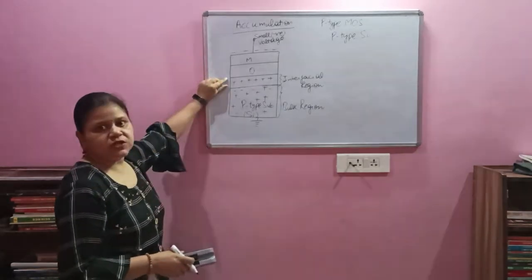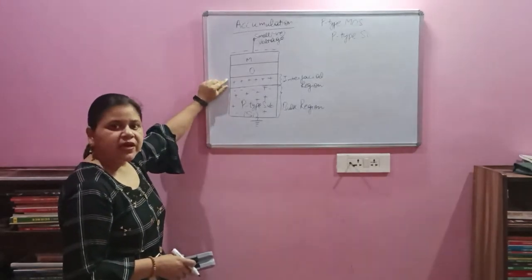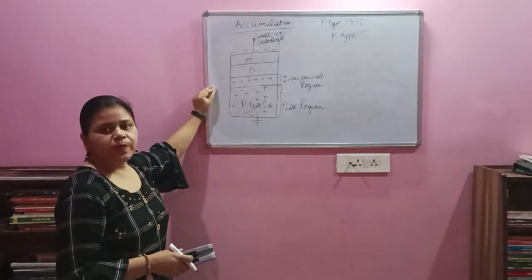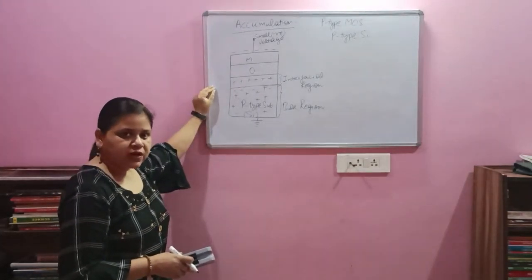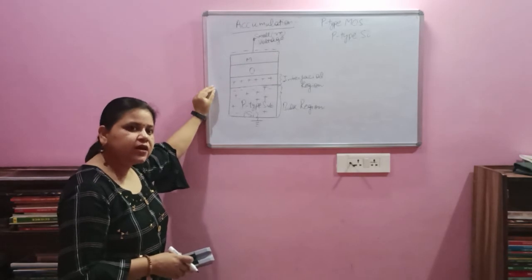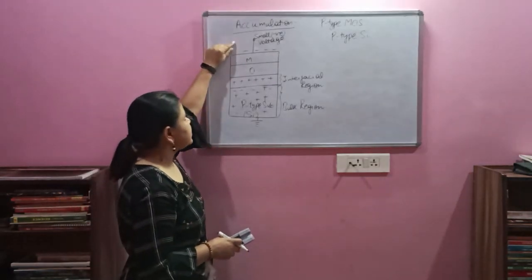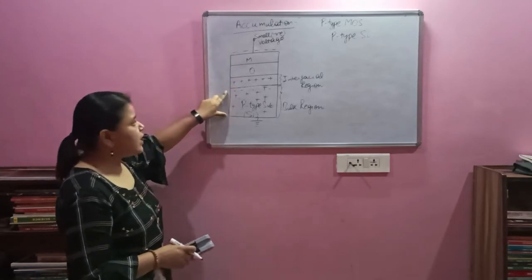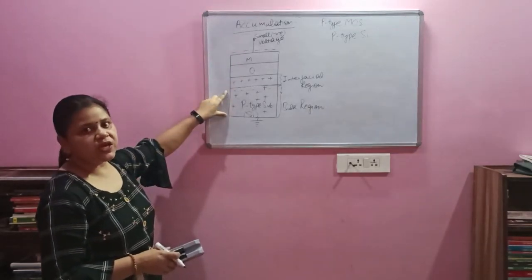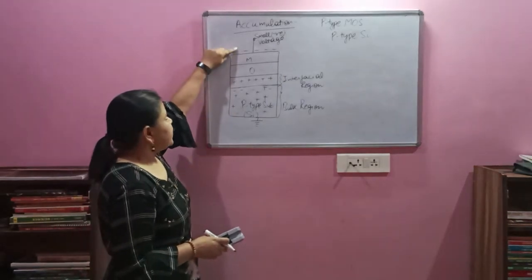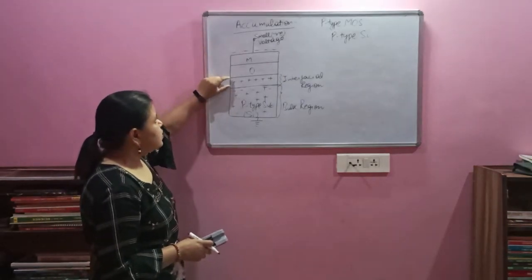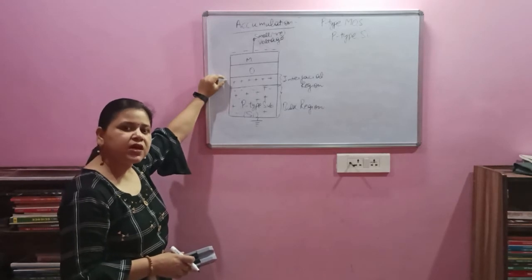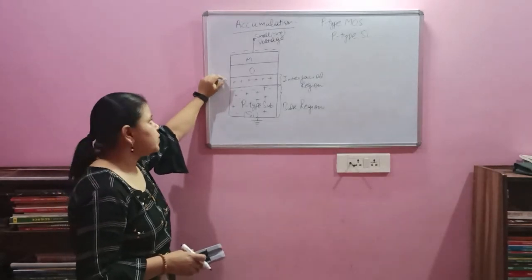So whatever conduction takes place, the channel will be formed, that all will be in the interfacial region. Why is this so? Because this MOSFET is a low voltage device. We operate it at a low voltage, and the voltage which we are applying at the gate is not of such a high value that it will affect the carriers present in the bulk region. So the effect of this applied voltage lies only in the interfacial region, which is also known as the SiO2 surface region.